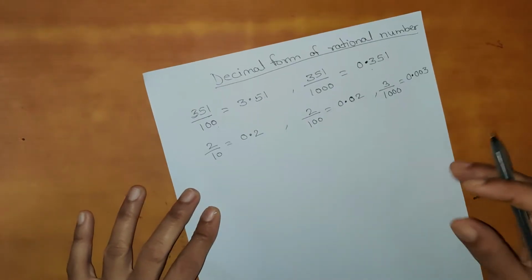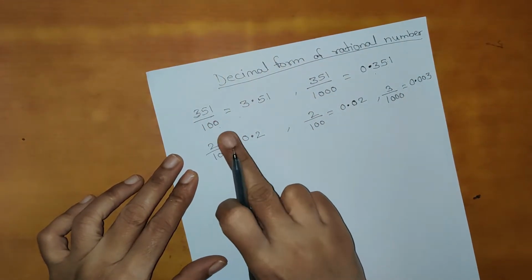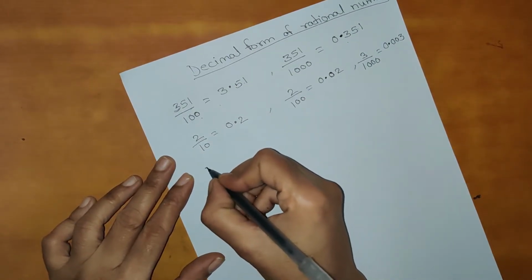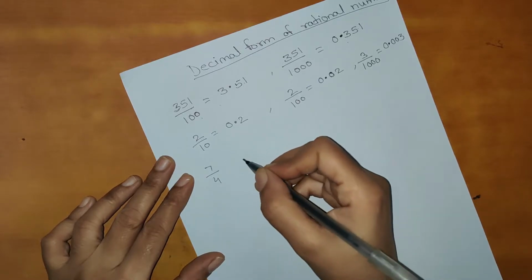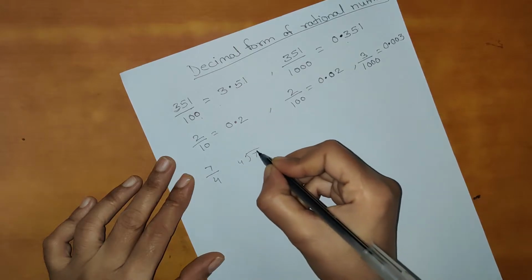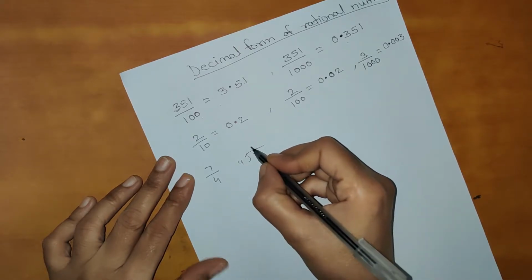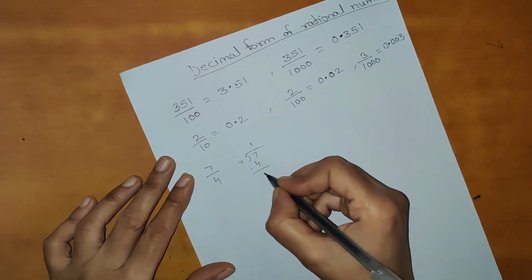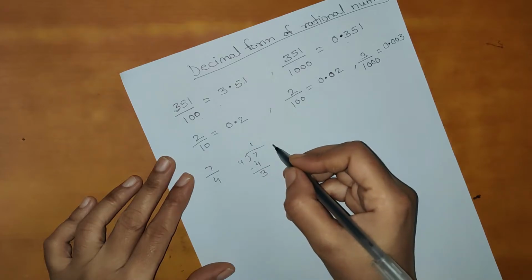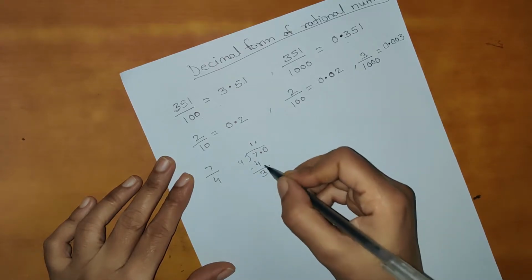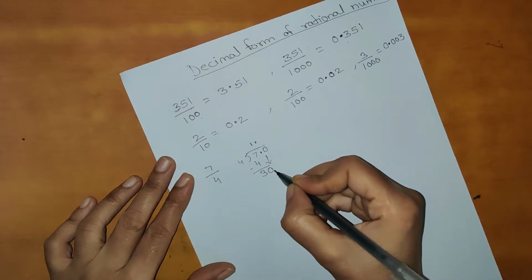Now, this was about dividing by 100, 1000, and so on. If a fraction is given, 7 divided by 4, how will we do it? We have to divide 7 by 4. 4 ones are 4, so the remainder is now 3. Now there are no more digits here, so I can put a point here, and here also I put a point and take the number 0. So the next digit is 0 that I have taken.